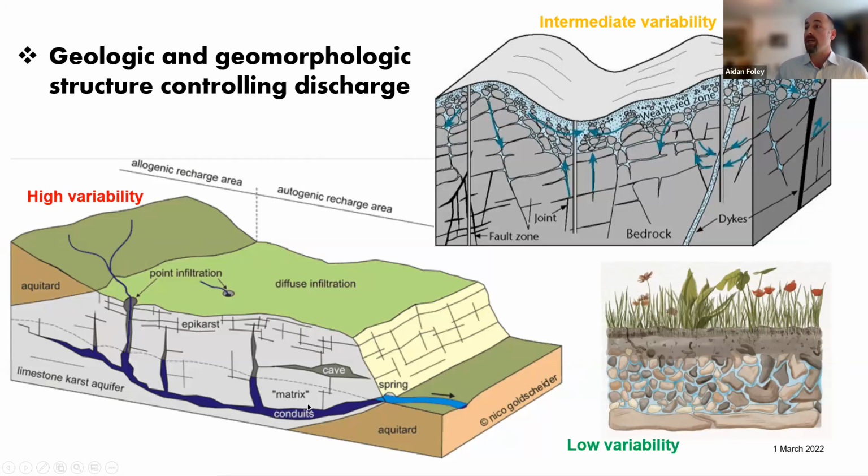If we compare this to a karst aquifer, this is a limestone aquifer, such as the Carboniferous limestone in the White Peak in Derbyshire, which people will be familiar with. This is a limestone that has a crystalline matrix and very low storage, but it's soluble. The conduits that form within it are of extremely high permeability, so there's a small amount of water held within the aquifer and it drains very rapidly. This means that it responds very rapidly to rainfall, so the water tables go up and down rapidly, and spring discharges are highly variable.